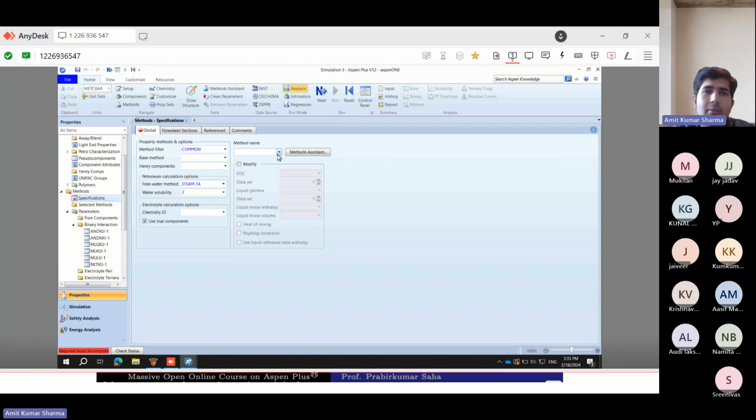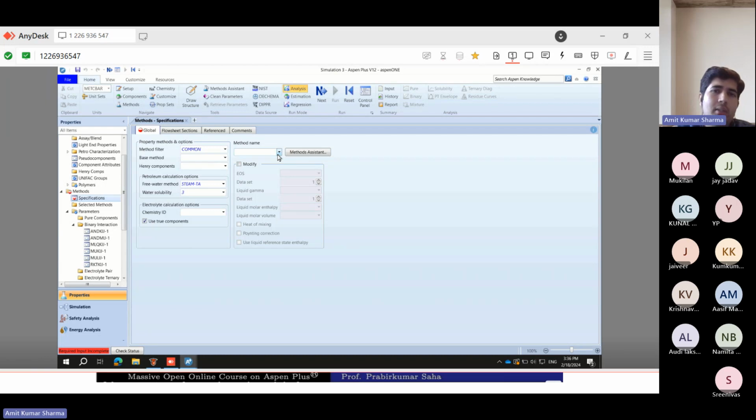I don't have to select a different property method each time for each single run. First I can select multiple properties, then go to my simulation, run it, and directly change the property in the simulation window itself, and I will get different results as per that property method calculation.